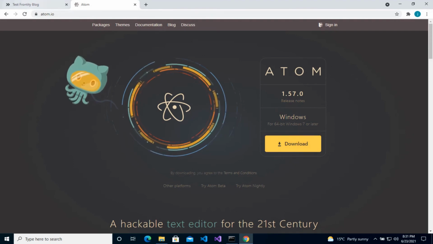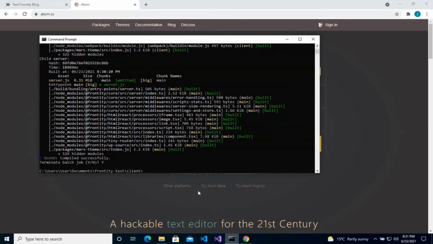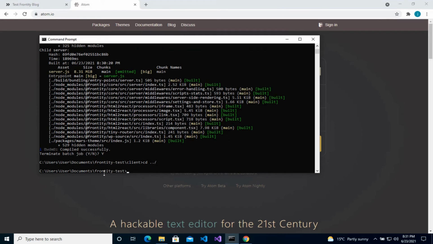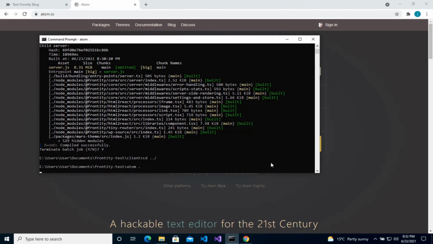Atom is installed globally on my system, so I can go to command prompt. I'll go back one folder, change directory, 2 full stops and a /, which has sent me back one directory, and then I'll type atom and a full stop to open